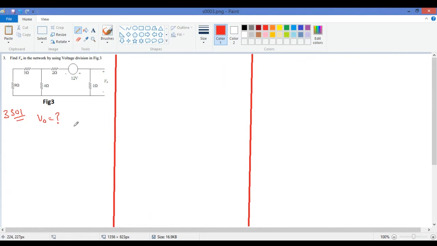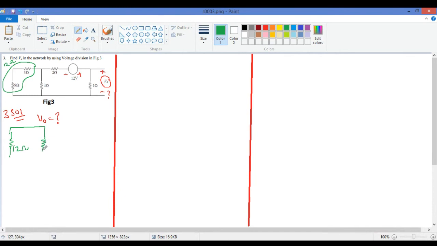So where is V naught? Here is the V naught. This is what we have to find out, and this is given as plus symbol, and this is minus, and this 1 ohm, 12 volts, this is plus, and this is minus, 2 ohms, 4 ohms, 3 ohms, all this. So now let us do analysis on this circuit. They are in series, so I can replace them with 12 ohms. I just write the circuit as 12 ohms,